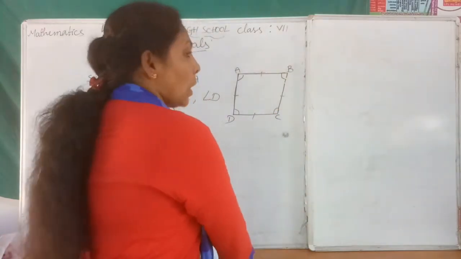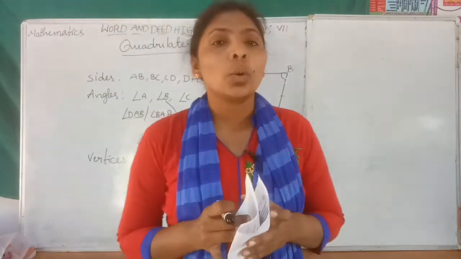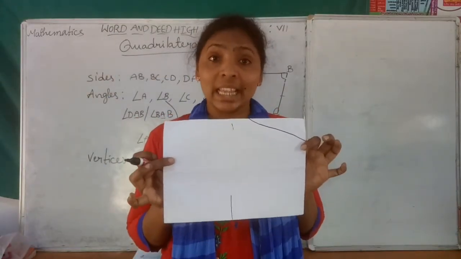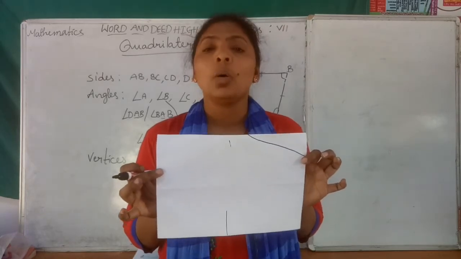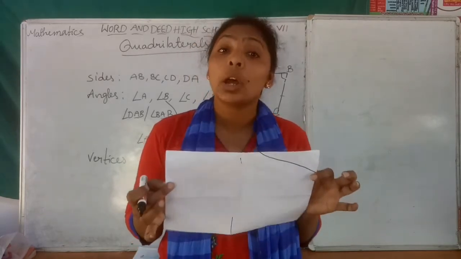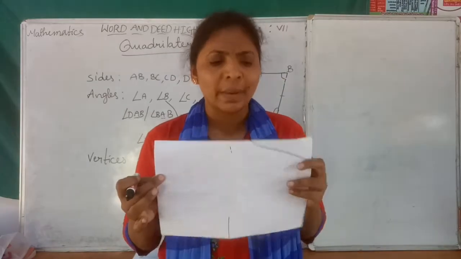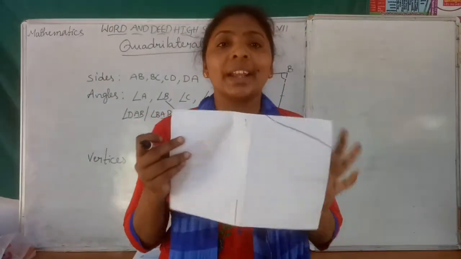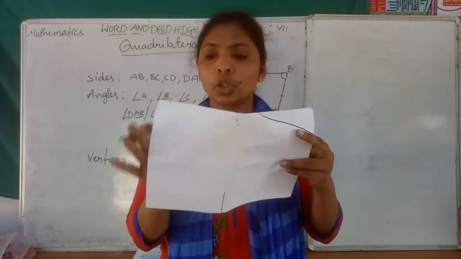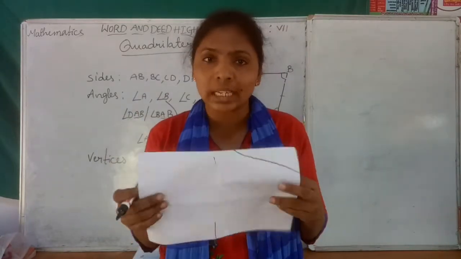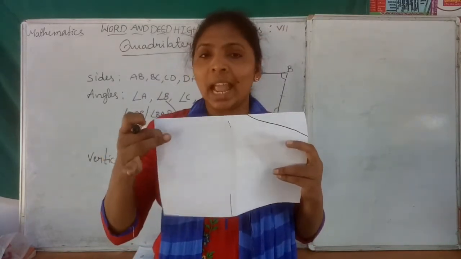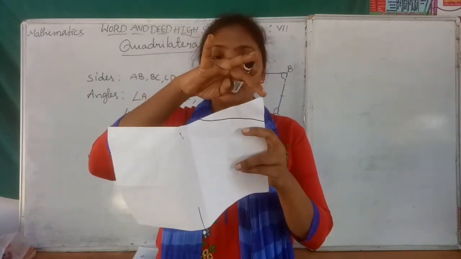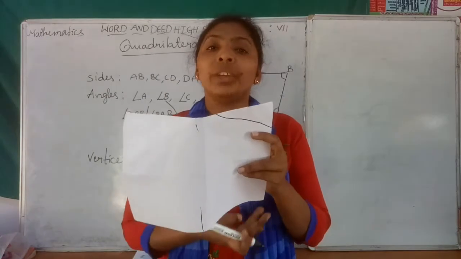Now you have one doubt, children. Is it quadrilateral or not? Suppose we discussed it is a rectangle. Yes? So is a rectangle a quadrilateral or not? Yes, quadrilateral only, because what are the qualities? That quality is satisfied here also. See, 1, 2, 3, 4. 4 sides we have. 4 angles we have, children. Next, 4 vertices also we have.